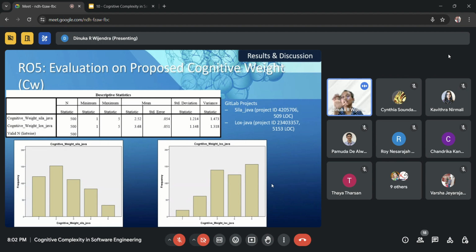It means up to a certain level they can understand it in the majority. But when it comes to logs.java, the CW value is maximally gone for 150 people, like 5. 5 means lots of people find it harder to understand. Something like that, so you can see some variations are there. It's not static. All are not the same. It means my cognitive weight, the CW value, is capable of providing subjectivity.